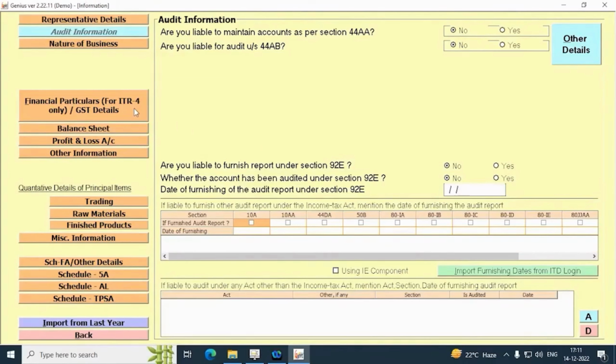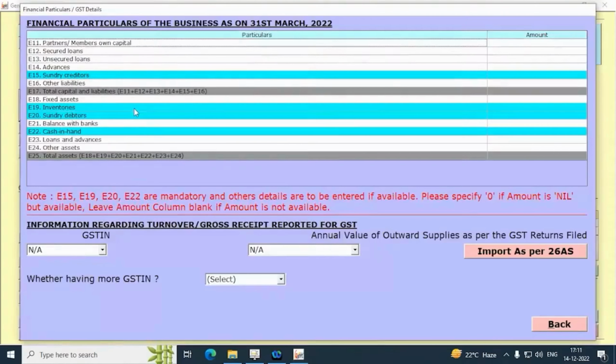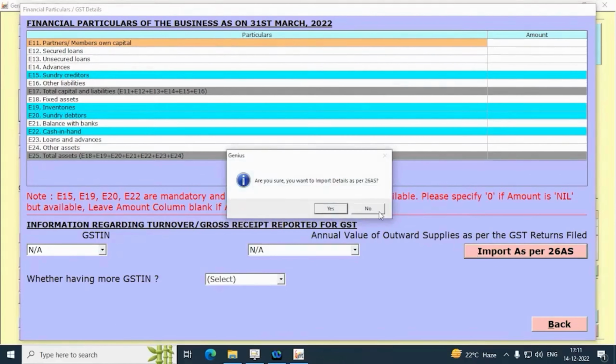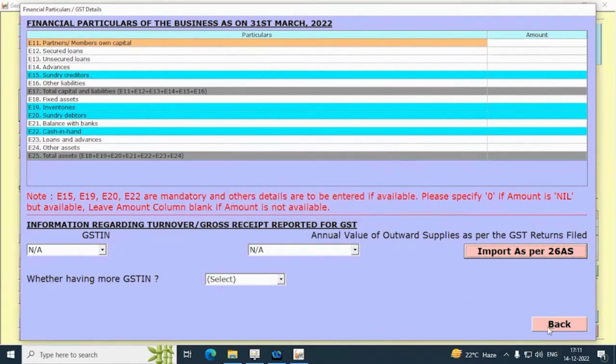You can fill the details of financial particulars like stock, creditors, cash in hand and also GST related details like GST number and GST turnover in this tab. You can also import GST turnover from 26AS here.